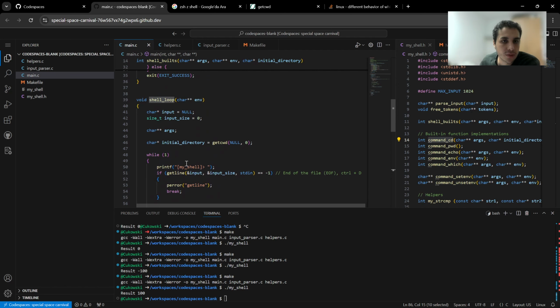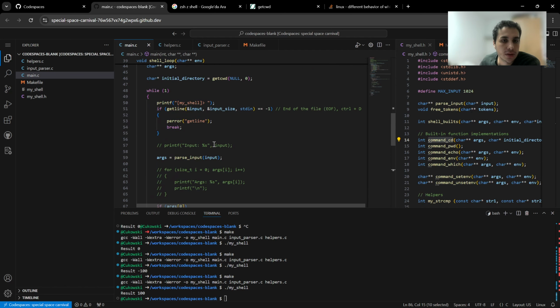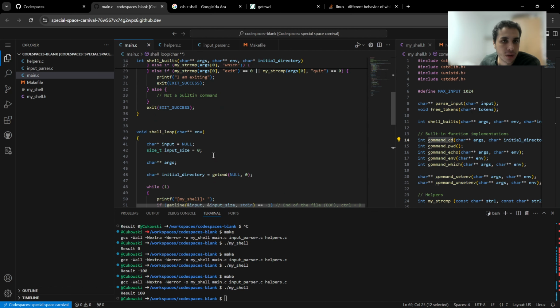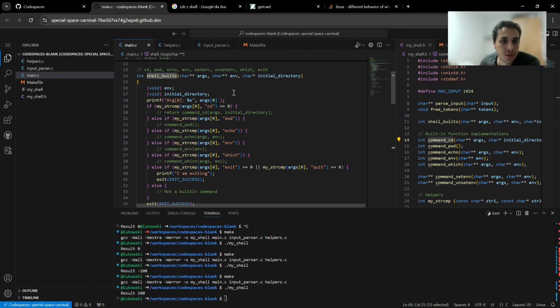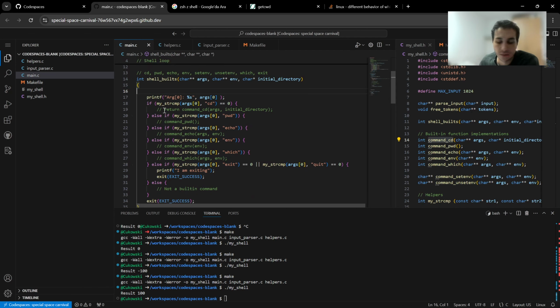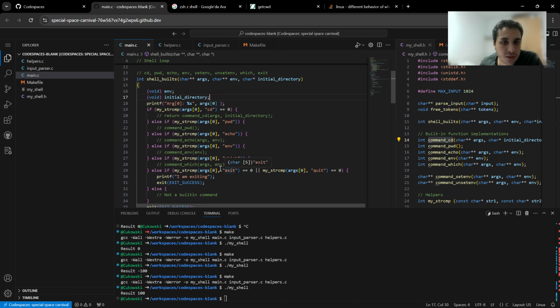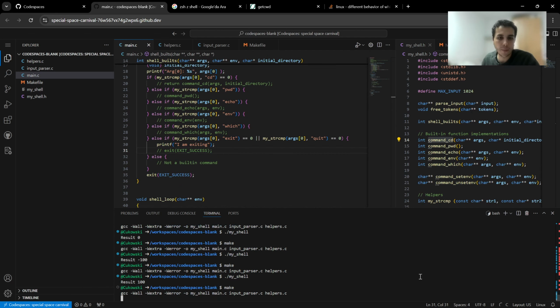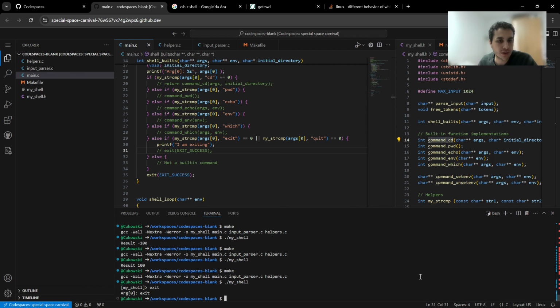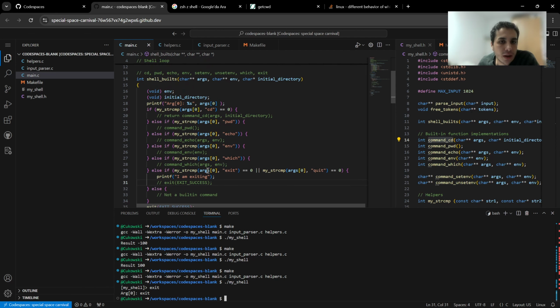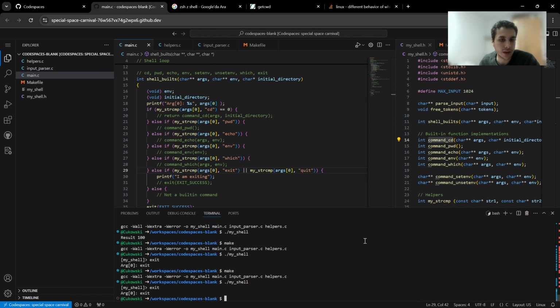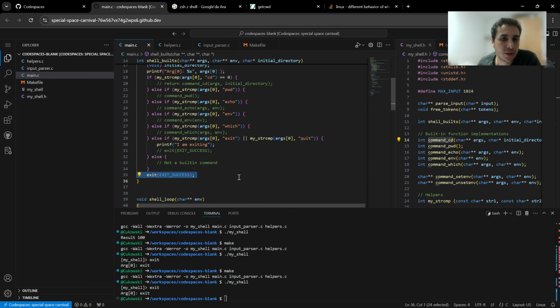We're calling the loop. Inside of the loop, we are getting the arguments, parsing them, and then we are calling them in our shell builtins. And if arg0 is equals 0, make my shell exit, it exits anyway. So I guess that's because